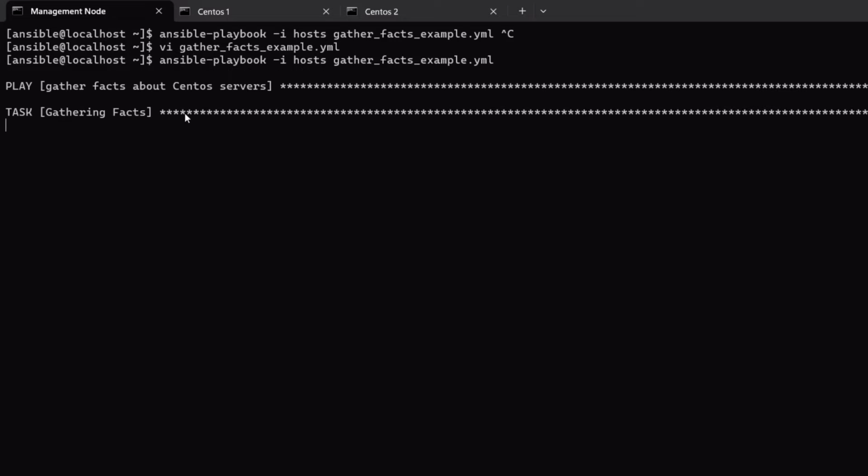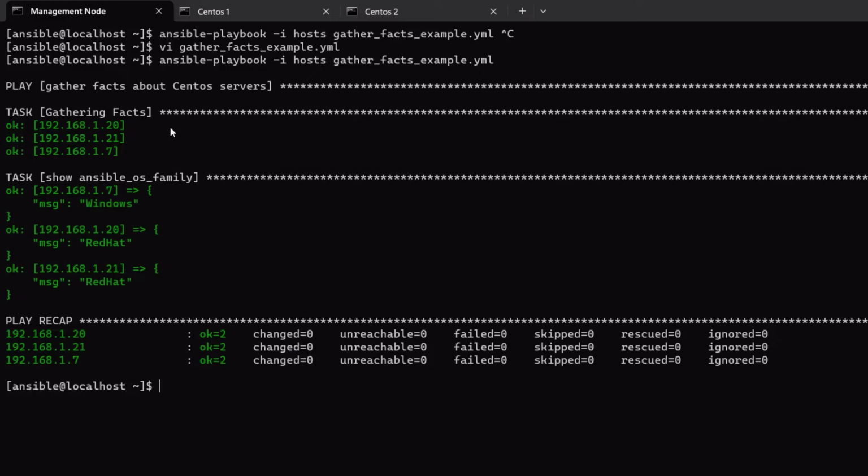So it is going to run fine on CentOS servers, but for Windows we are going to get an error. So I just want to show that error to you. Okay, no, fine. I mean, it ran fine because we haven't really done anything else in this file. Okay, let me just go ahead